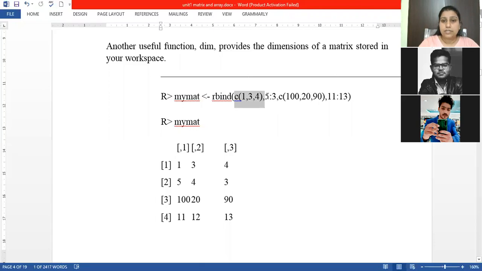Then the second sequence is 5 to 3, so the second row is 5, 4, 3. The third row is another vector, which is 100, 20 and 90. And the fourth row is a sequence starting from 11 going to 13: 11, 12 and 13. As you can see, this is a matrix of order 4 cross 3. 4 rows and 3 columns.